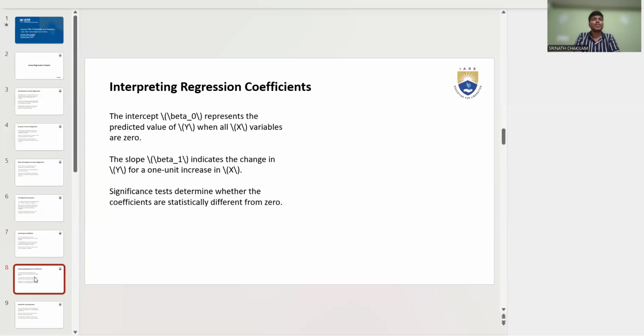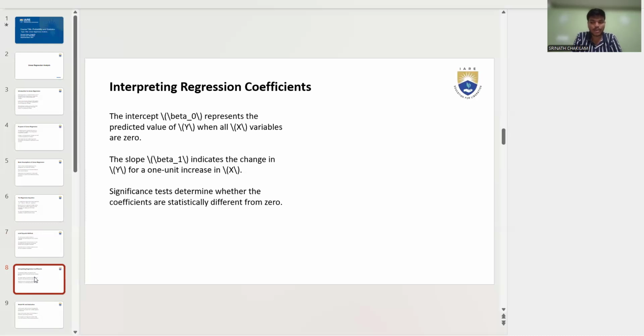Interpreting regression coefficients: the intercept beta 0 represents the predicted value of y when all x variables are 0. The slope beta 1 indicates the change in y for a 1 unit increase in x. Significance tests determine whether the coefficients are